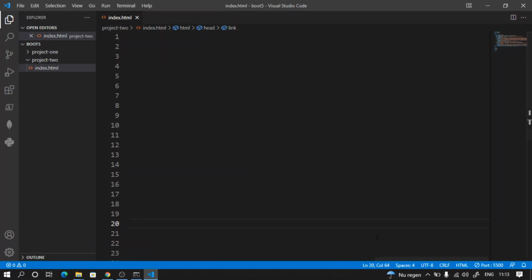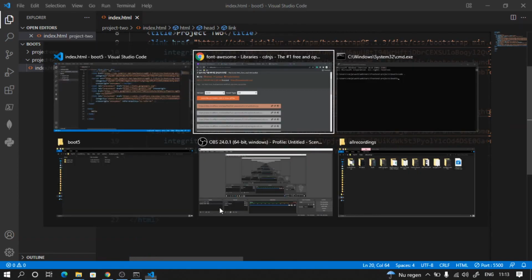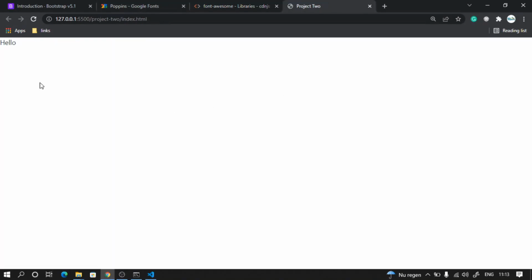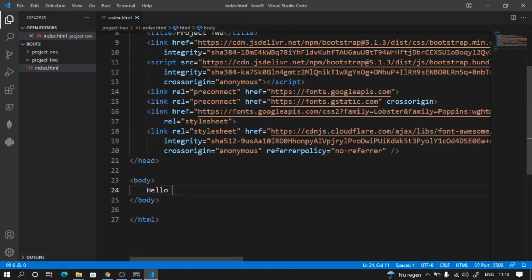Now if we go to our application or the browser, we will see the font automatically getting applied on the hello, which means our Bootstrap is working. So let's apply the font. Let's write a little bit here, hello world,